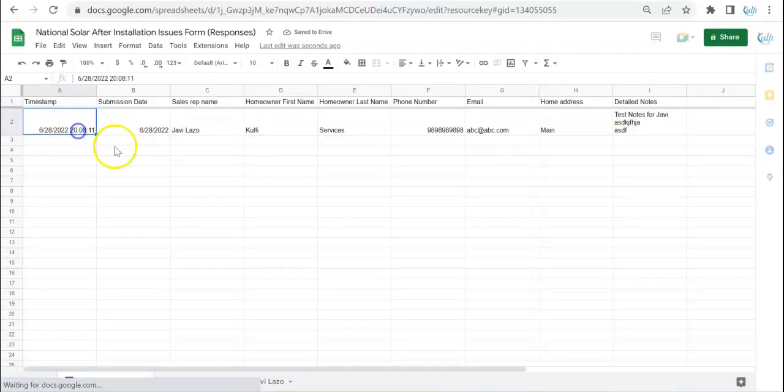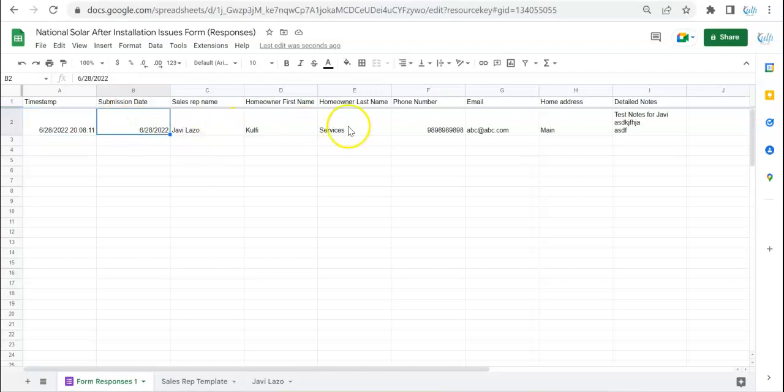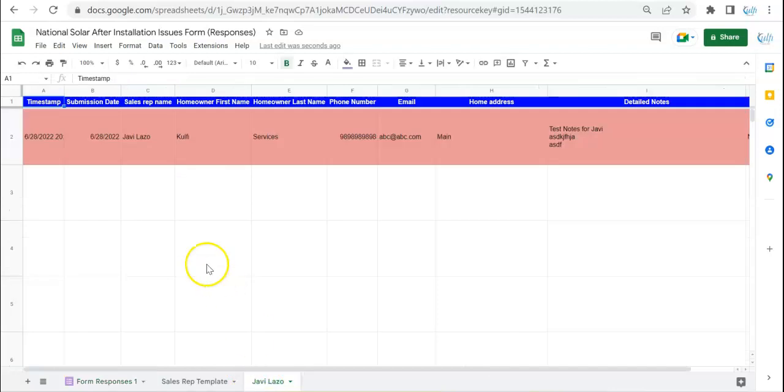So what happens is this row appears over here, right? It was submitted at this time and submission date was marked this, and these are the details. This is the detailed notes, right? And you will not be looking at this spreadsheet. This is the master spreadsheet. What you'll be looking at is this one, each of them have their own sheet, and if this spreadsheet is